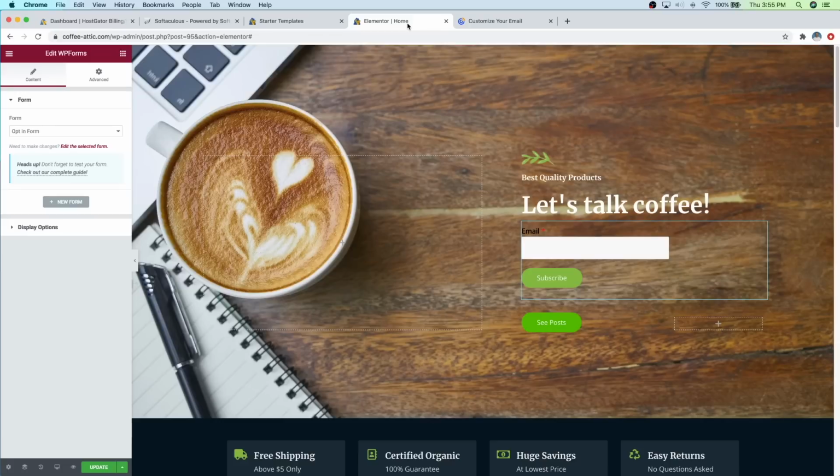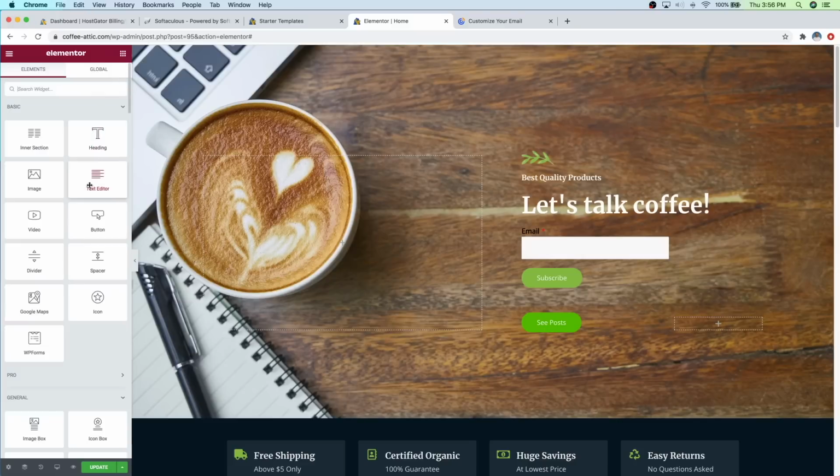So we'll just go back and let's edit the way that this form looks a little bit. So you can see we've got the little email thing right here. You can leave that if you want, but I want to have some sort of text here that says, hey, if you want to get updates on our products or our blog posts, things like that, then put in your email below. So what I'm going to do is just go over to the widgets,